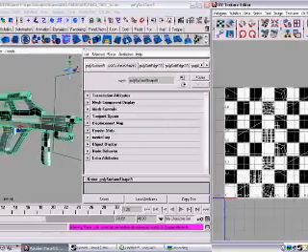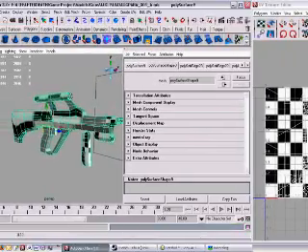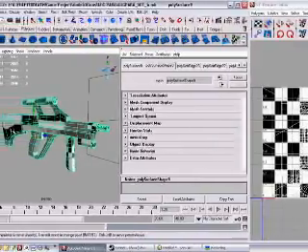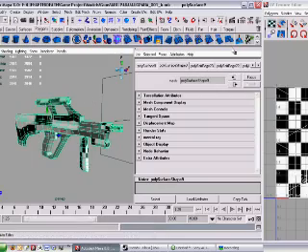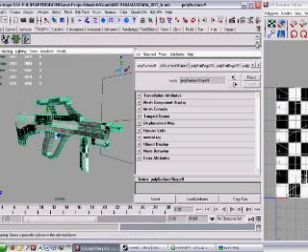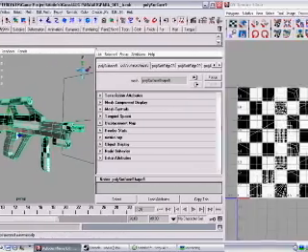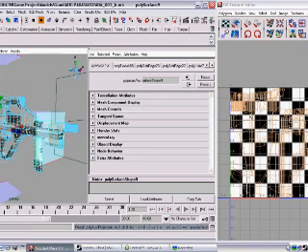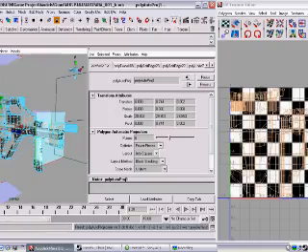Alright, here we go. So essentially I'm just going to select this gun here, and you'll quickly notice what it ends up doing both to the UV texture editor here as well as the gun model over here on the right. I'm just going to go down until I come to my automatic projection and click on that. You'll notice immediately that over here on the right you see all of my UVs have now updated. They've kind of split